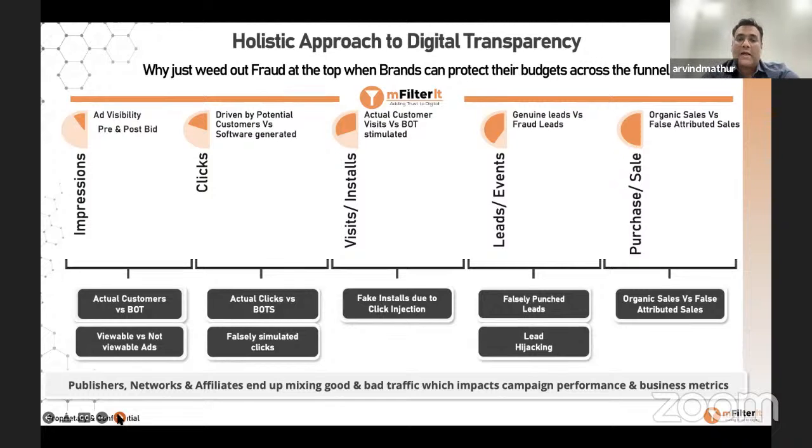But in clicks, you can look at clicks that are genuinely given by customers versus software or device generated clicks. In visits or installs, again, you're looking at actual clicks versus bot or simulated clicks. In leads and events, you can have genuine leads, and you can have leads punched in as well. And when you come down the funnel, which is leads or purchases, now somebody might ask,